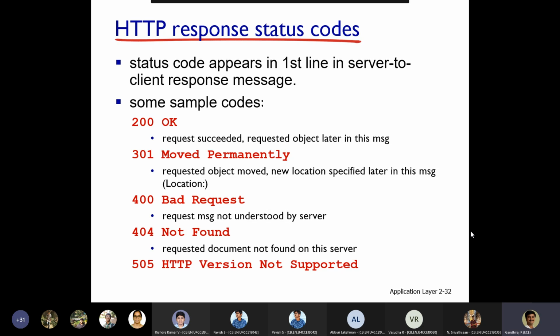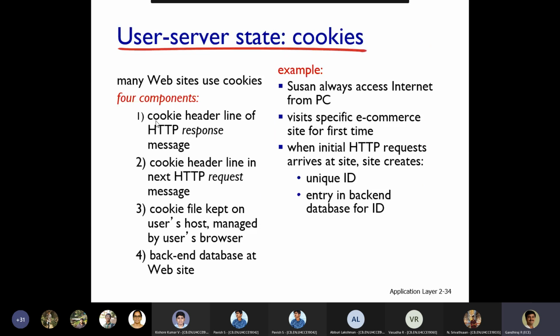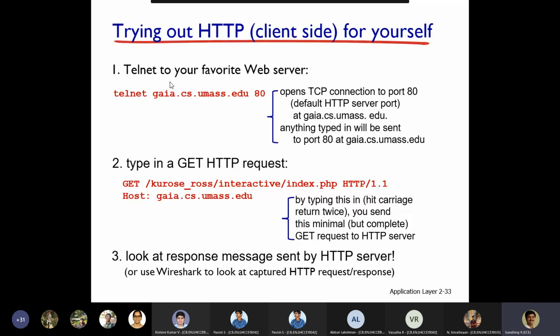Then I gave some information about how the client can access the server. Telnet to your favorite web server, I told all of you to look into this. You can even give the same link.